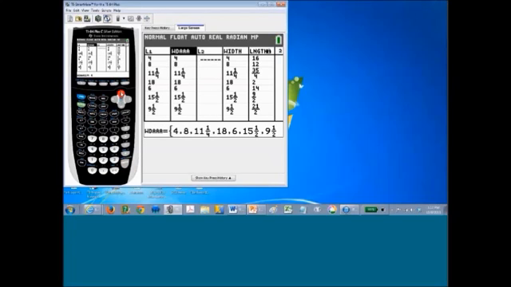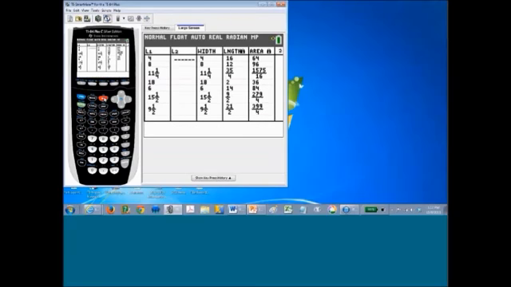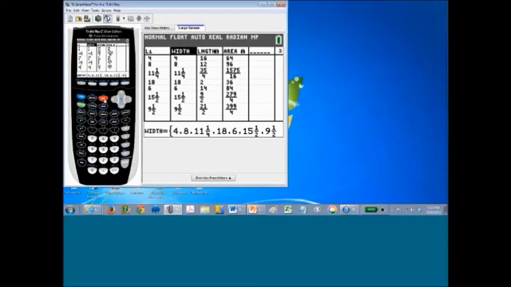Now again, just in trying to save some time, I already have my list entered in lists in length and width. When you're on this display screen, if you have the name of a list highlighted and you press your delete key, you're not deleting the list from the memory of the calculator, you're just deleting that list from the display screen. I created 2 other lists in the same manner, and I named them length